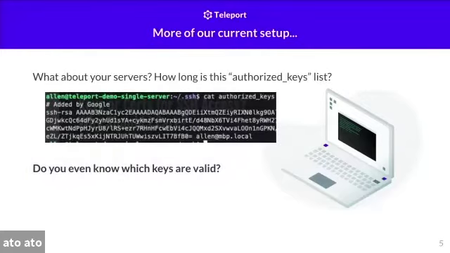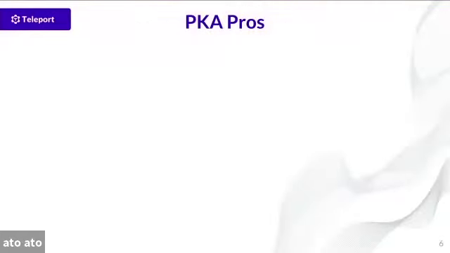For those of you on the sysadmin side or Linux administrators, you're probably used to seeing this from the server side. If you cat your authorized keys list, this entry for the demo only has one, but if you look at one of your servers, it probably has a couple extra entries, probably a couple dozen, if not a few hundred. So the question I like to ask is, do you know of all these keys that you have put out in your environment, do you know which ones are valid? Which ones are not? Is that user still there? Are they gone? A lot of times people might say, I have no idea. We just threw the key up there and life goes on.